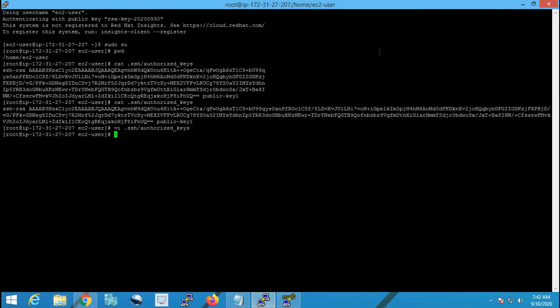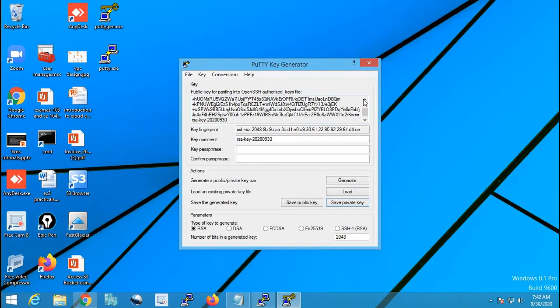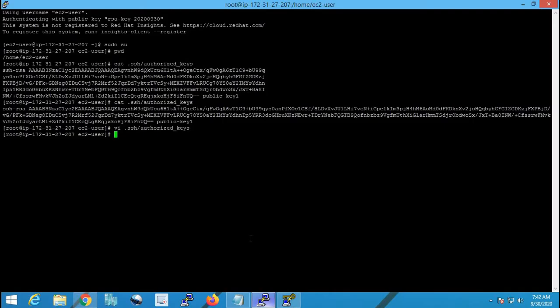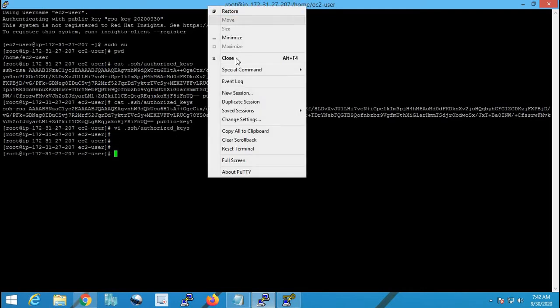So now the AWS key pair is not there. The key pair is available directly to the EC2 instance. Let me check, can I log in to the instance? Let me go for PuTTY. I have not disconnected this connection, let it be active. I'll go for another connection, maybe a new connection.